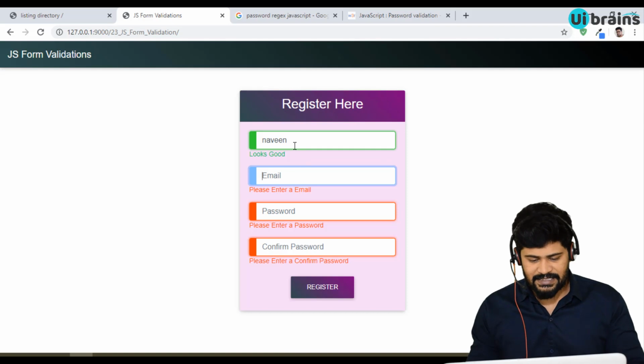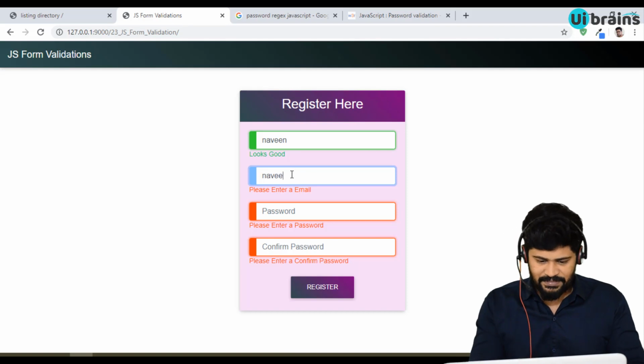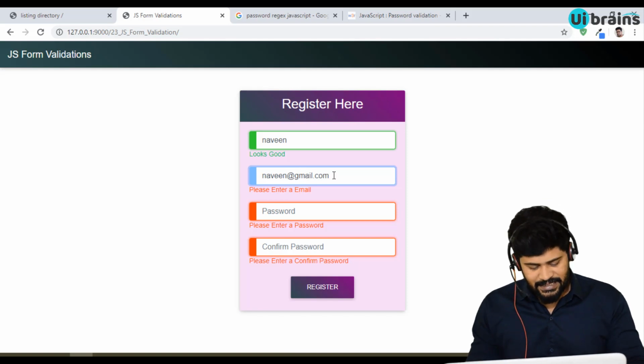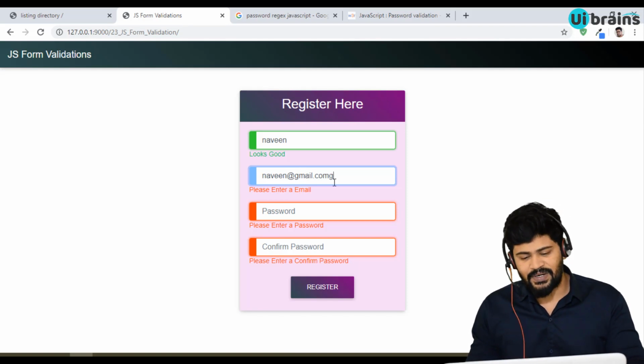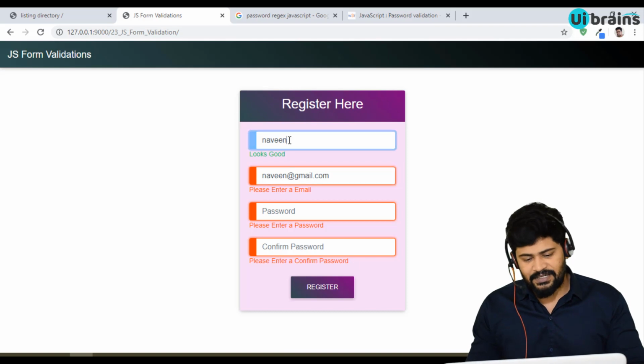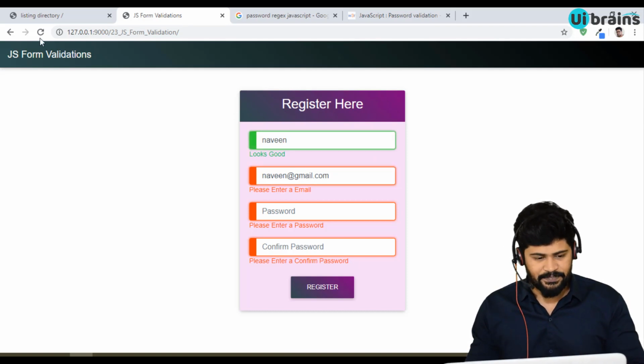My plan is, the first time when you click on register it evaluates all, that's fine. But now, as soon as I am typing, I want to evaluate the form as it is. It means as you enter each character in a field, you want to evaluate the form. That means it is a keyup event for each field, and then you have to evaluate. So let's do that dynamic step.